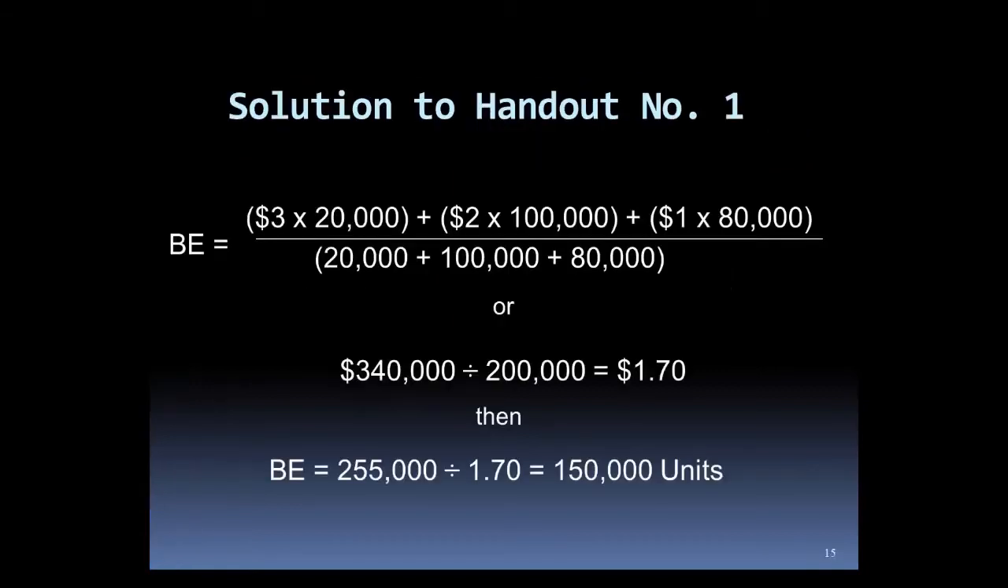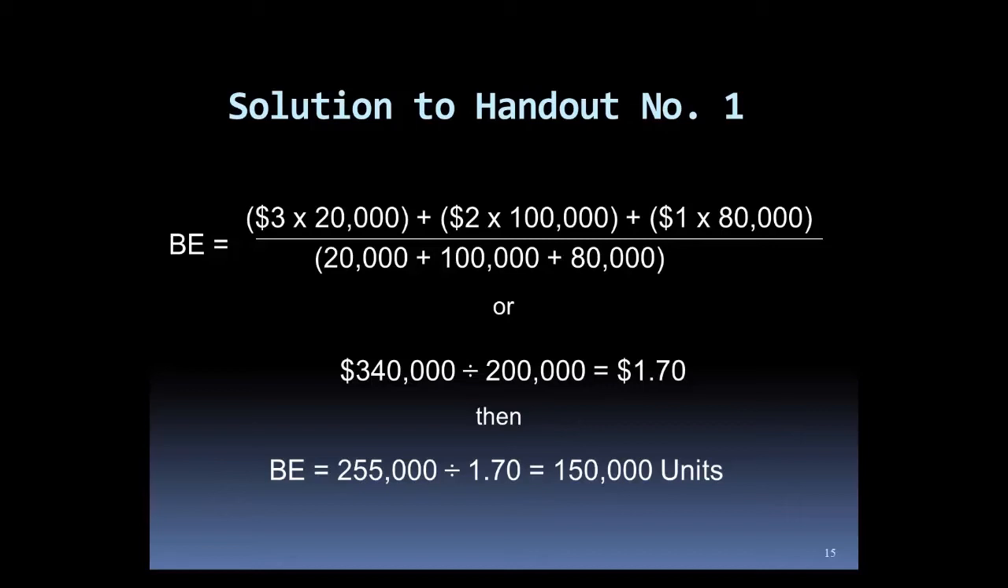So here is an example. We have 3 types of meals we're serving: early risers, children's, and ham and eggs. And so in total, we have 200,000 meals. They have different contribution margins: $3, $2, and $1. So we have to take the $3 times the 20,000 meals, plus the $2 times the 100,000 meals, plus the $1 times 80,000 meals, divided by the 200,000 meals. So when you multiply those dollars out in the numerator and add them together, you get $340,000 divided by 200,000 units, or